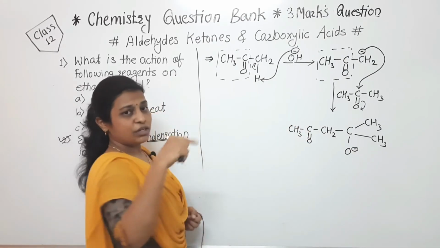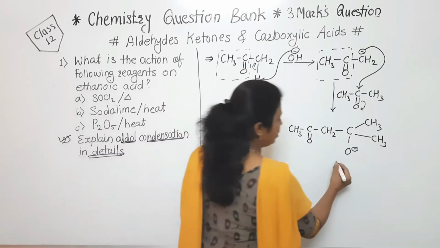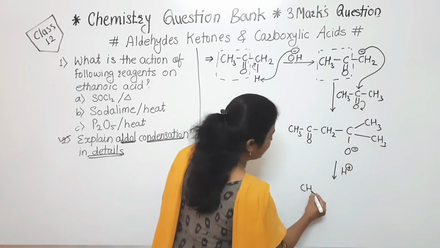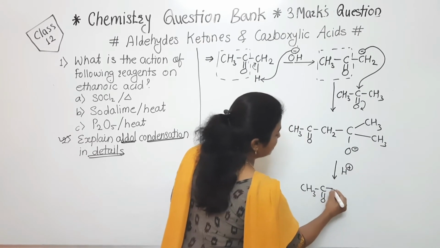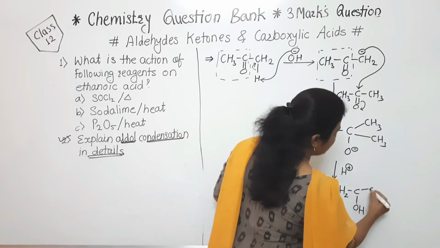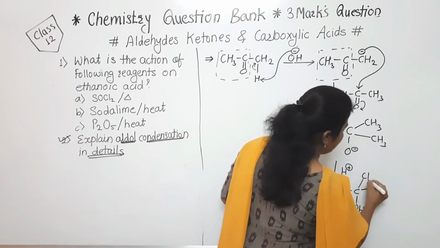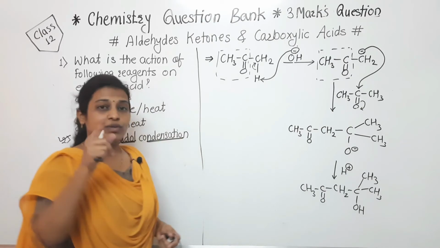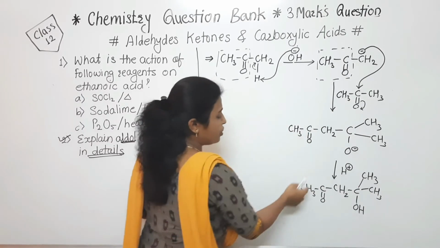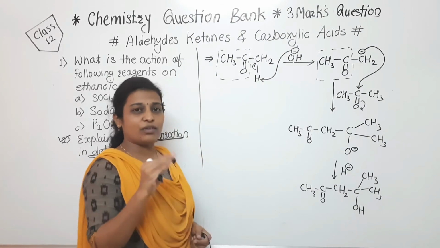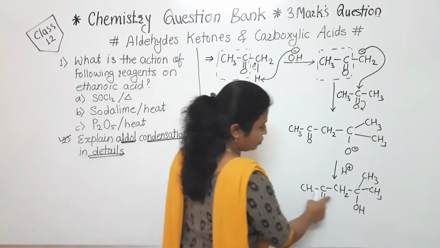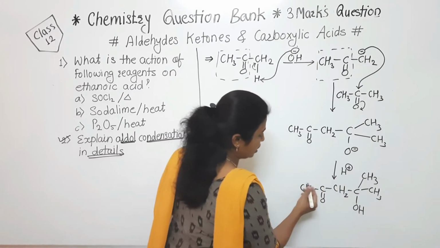In the first step, deprotonation was there. Here, protonation will take place, and because of that protonation, we will get the product, that is CH3 C double bond O CH2 COH CH3 CH3. Now see, as we have written this statement, in the first step we are getting the intermediate, that is the beta hydroxyaldehyde. Now see how we can say that it is beta hydroxy.